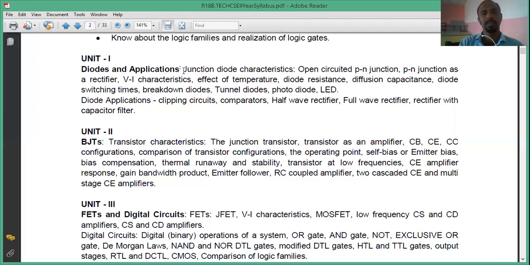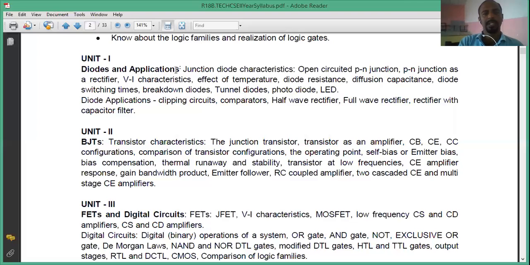So first, you will be studying about the junction diode. As you know, whenever you join a p-type material with an n-type material, you form a junction, right? So that is called a junction diode. What is a diode? A diode is a two-terminal device. It is called a nonlinear device. Why? Because if you observe the VI characteristics of the diode, you see there is a nonlinear relationship between the current and voltage.